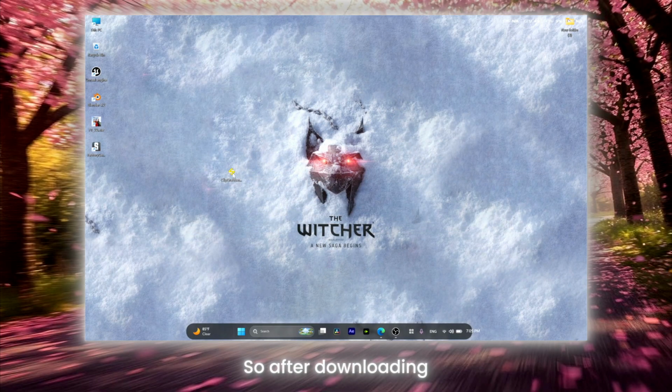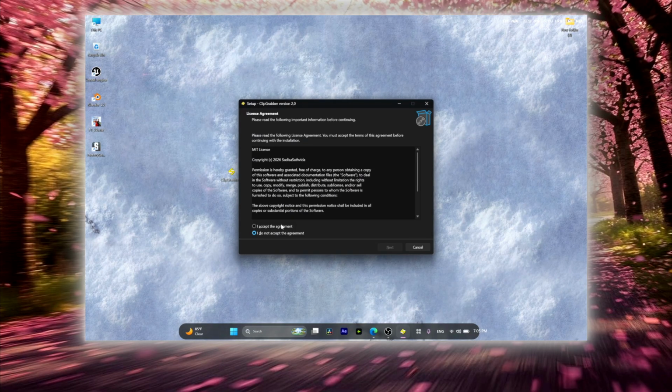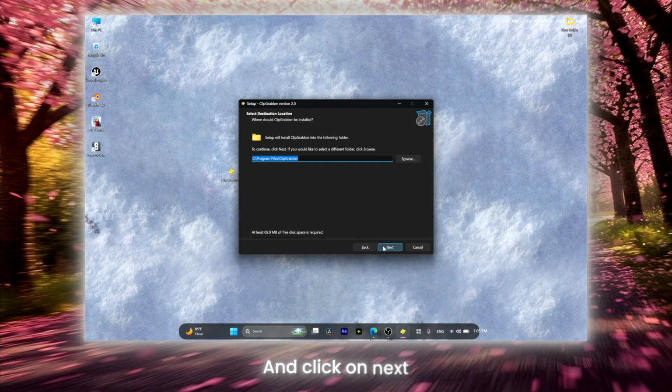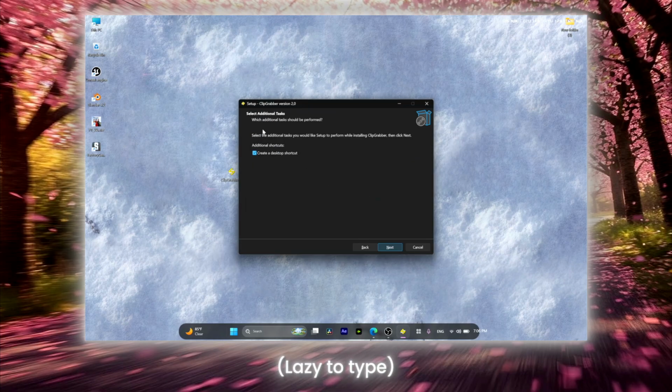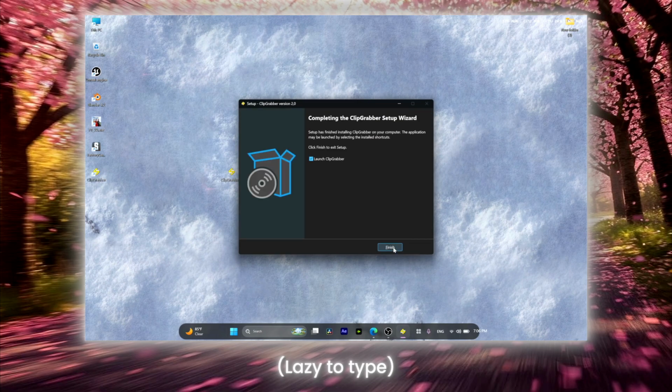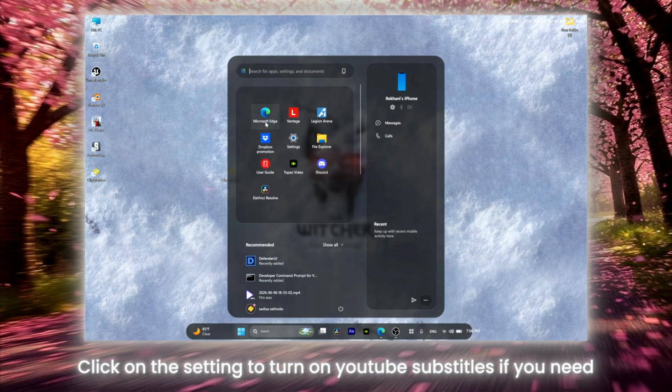So after downloading, this is the setup. You can double click on it and it will open like this. Click on I accept and click on next and click on next. That's an error because I already installed the app. If you want, you can click on create a desktop shortcut. Click on next, click on install, and it will install like this. And after installing, click on finish, and straight away you can